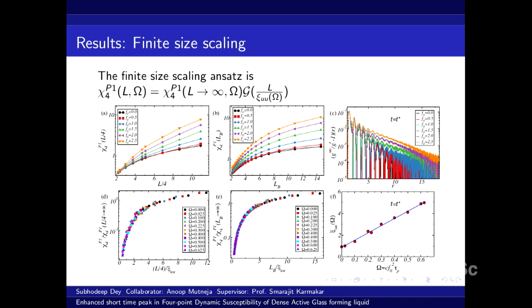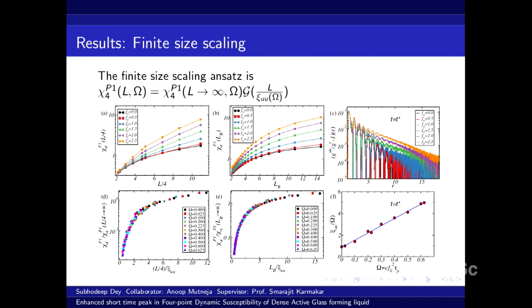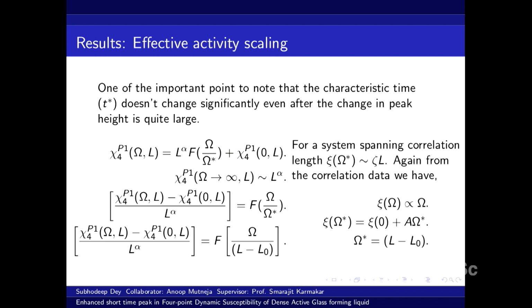And this is the increase of scaling for different activity. Here you might notice we have already started to consider C F naught square, because when we change the activity and C and F naught, that combination starts to hold. So we are going to use this relation, like length scale is growing proportional to the effective activity, and consider the